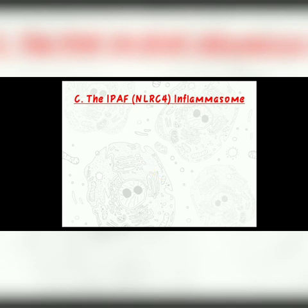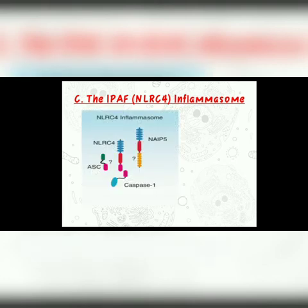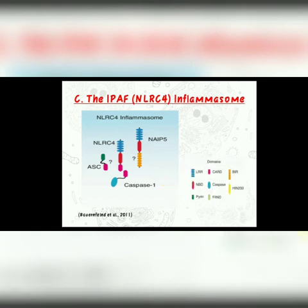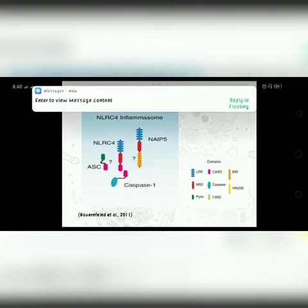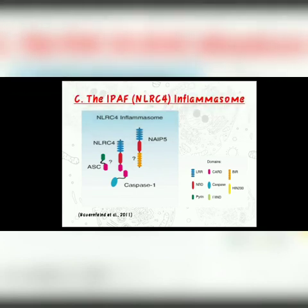Actually, the IPAF inflammasome or the NLRC4 inflammasome is also very important, but it's activated by gram-negative bacteria possessing the type 3 or 4 secretion systems. The IPAF contains a CARD domain, and it interacts directly with the pro-caspase 1, which is also an advantage for this one here. The maximal caspase 1 activation in response to certain types of bacteria actually requires the ASC